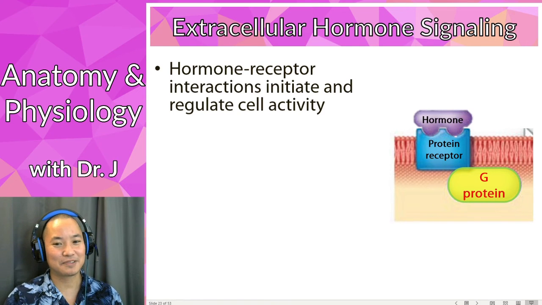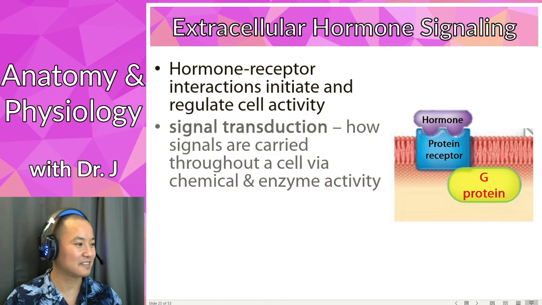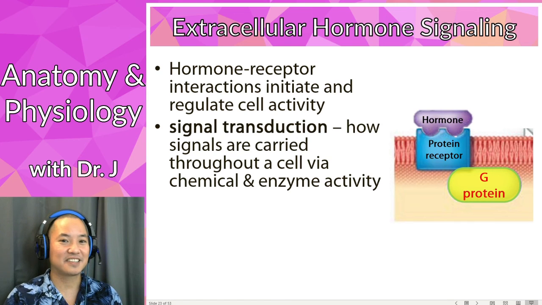These G proteins are what set off that cascade, that chain reaction of all those intracellular changes. This is what we call signal transduction. That very complicated diagram I showed in the previous slide is one example of signal transduction. There are many different pathways and different routes of signal transduction. That was just one of them.